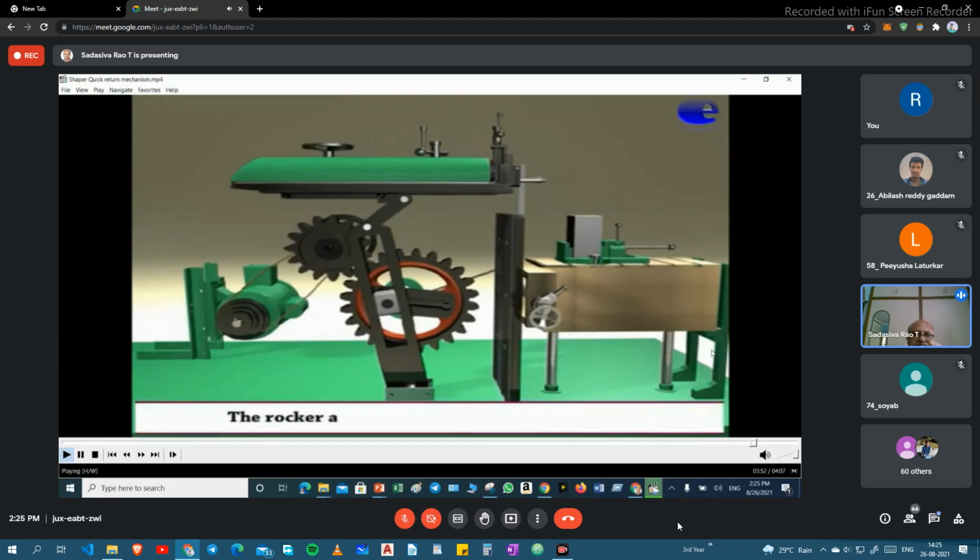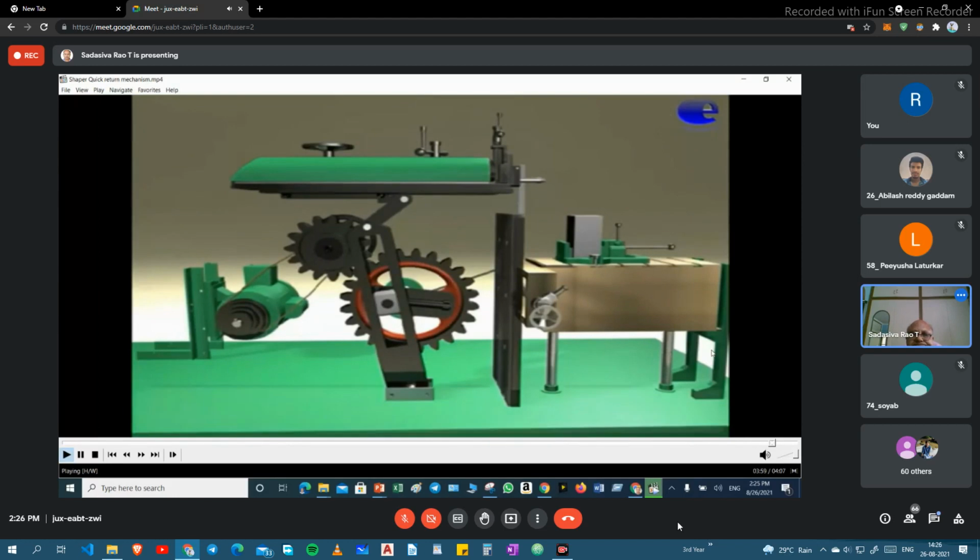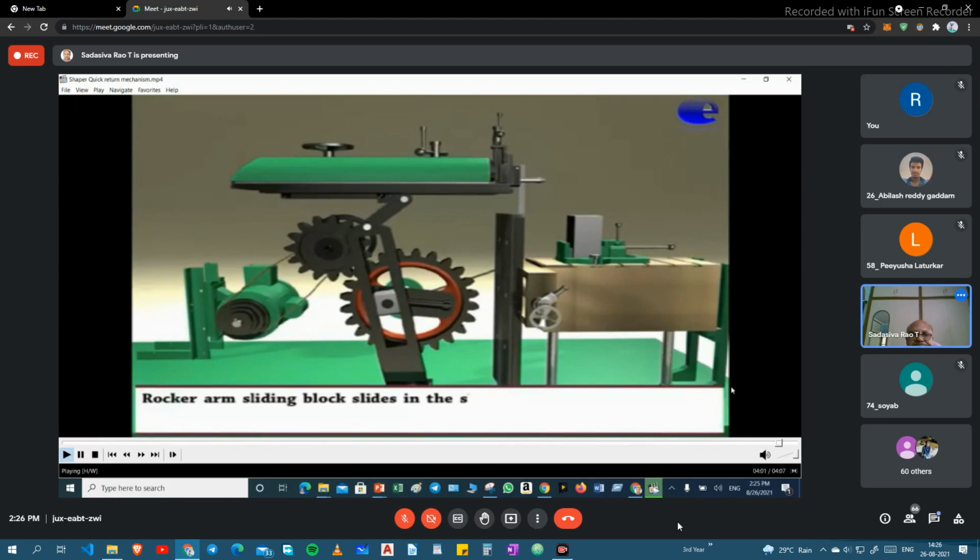The rocker arm is freely fixed to the crank pin. The sliding block slides in the slot provided in the rocker arm, called the slotted link.